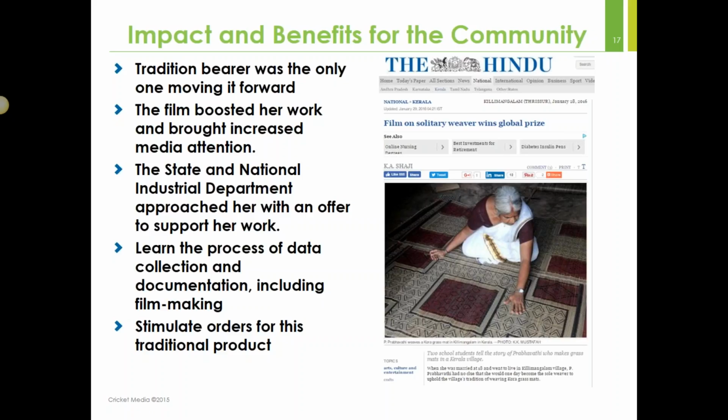the culture. But very honestly, this made a drastic impact in the life of Prabhavati. She has been trying to survive or trying to keep this alive and take it forward. And she was the only one surviving in that tradition and trying to take things forward actually. So when the film came to the international media, in the online media, a lot of people started watching it,